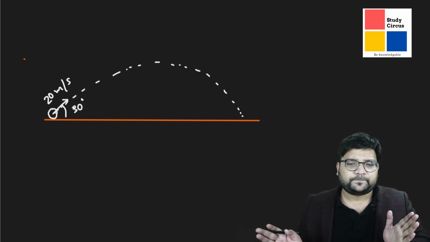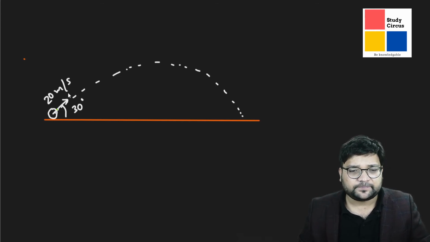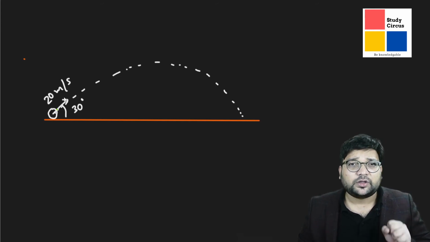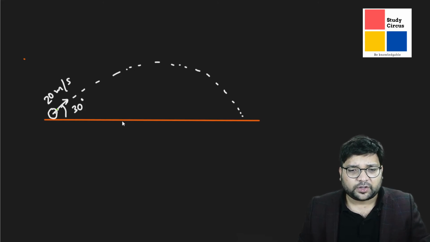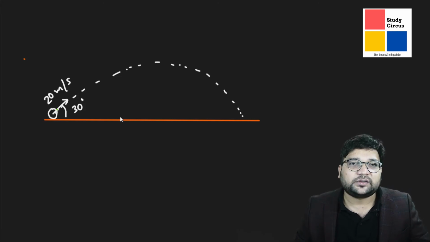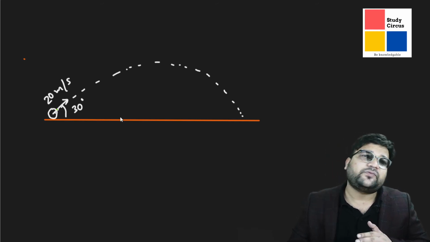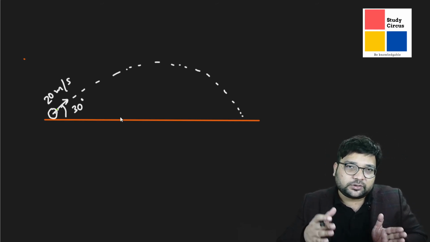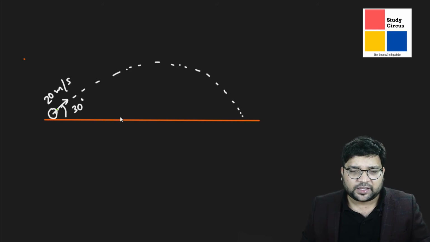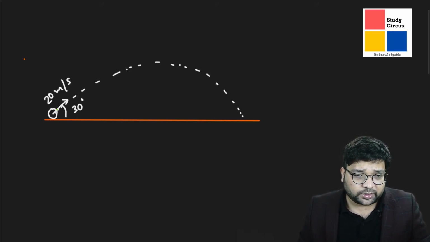And what is the force in the x direction? Once it is released, once you have shot it with this speed 20 meters per second at an angle 30, now the projectile is on its own, right? So now whatever are the forces acting on it will decide what the acceleration is, and the acceleration will decide what the velocity is going to be, and the velocity will decide what the position is going to be at what time, right? That is what we have learned from kinematics, right? Okay.